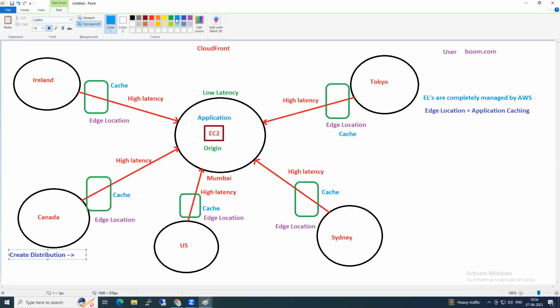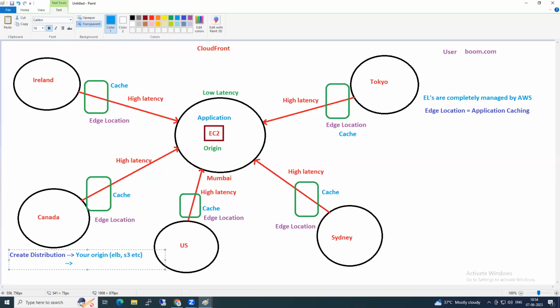So your origins can be ELB, S3, Lightsail, anything here. While creating a distribution, you need to give origin details. Your origin meaning your ELB, S3, etc. Where is your application? You need to provide all this information.